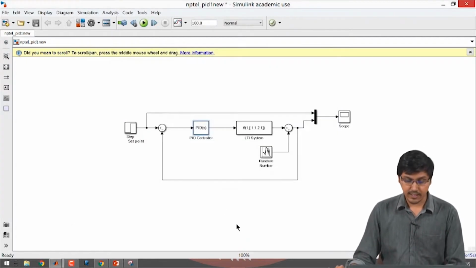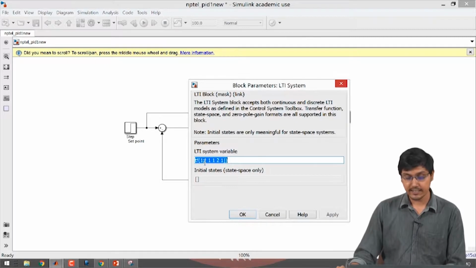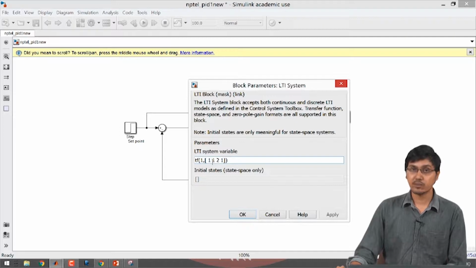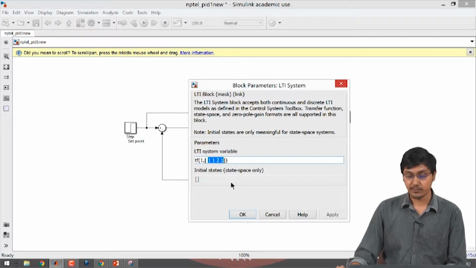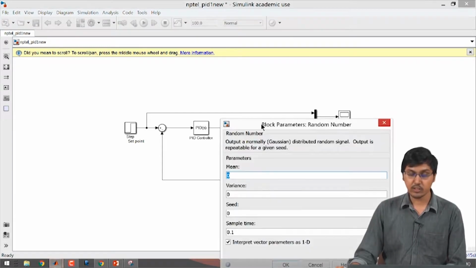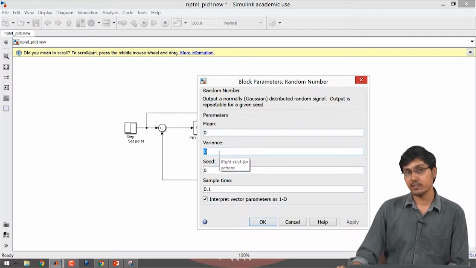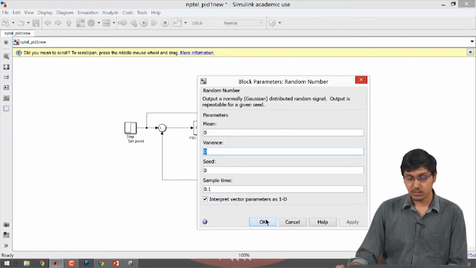So, let us now start. This transfer function block, as we already discussed, has a numerator, and this gives the coefficients of the powers of s in the denominator. And this is the summer block, which adds this signal with the noise. If you look through this, it says what the mean of the noise is and what the variance of the noise is. We have put both as 0, which means effectively there is no noise now.